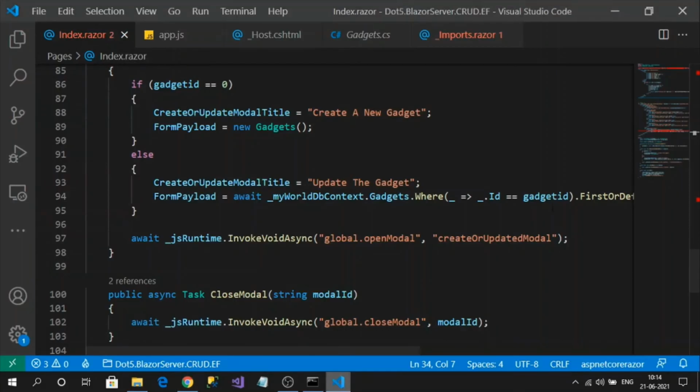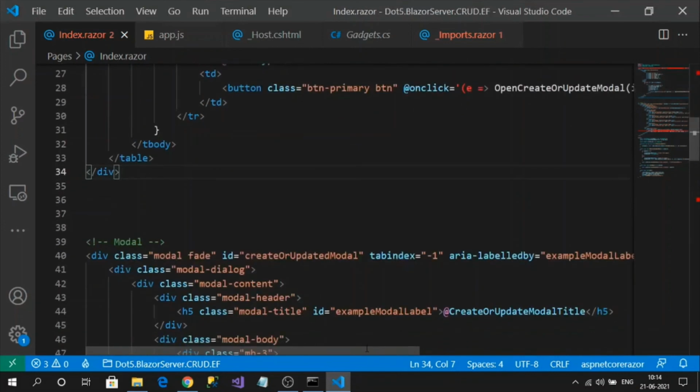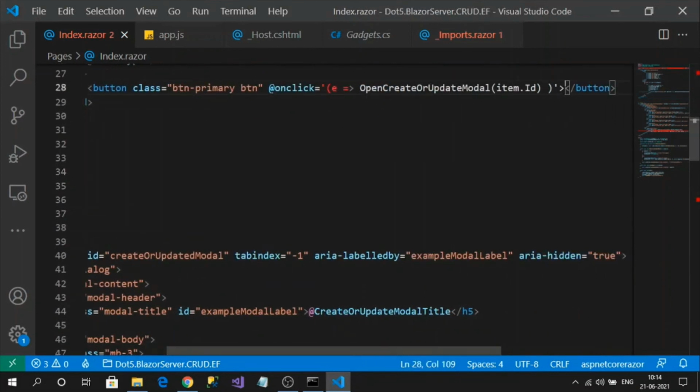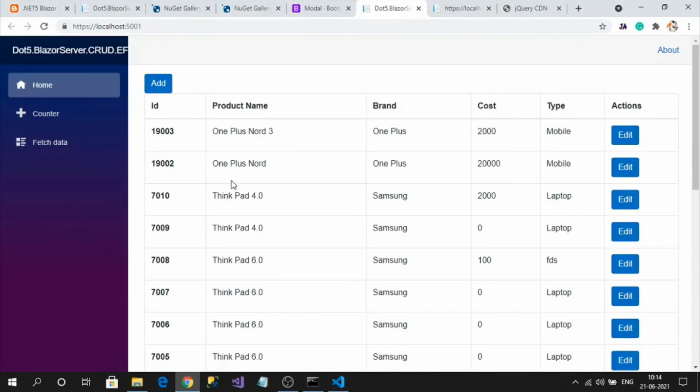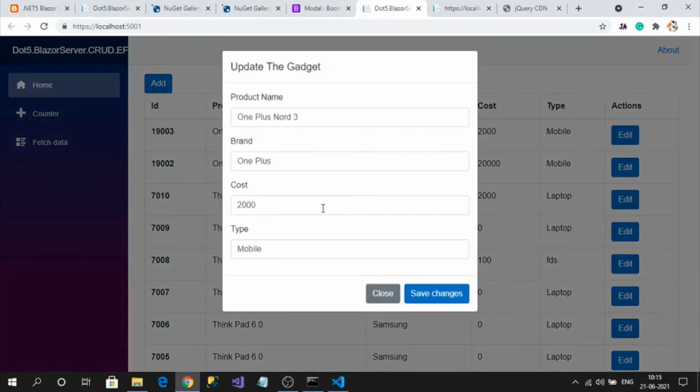Okay, I haven't given any text for my button. Let's give some text, like Edit. So let me click on edit. See, the form is populated with the data. Now, if I click on the save changes button, I must update the record.